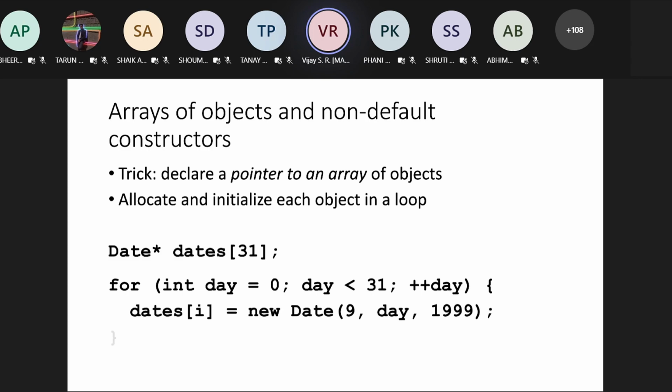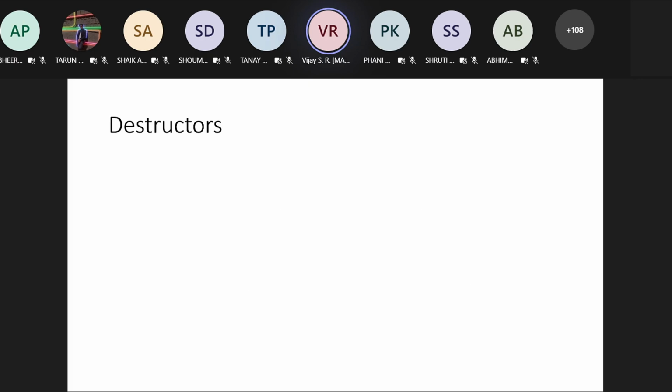This is how we can call new Date, making sure that I have a constructor for every new date. So I have 31 dates, with a corresponding constructor for each. Otherwise, the default constructor would be called. If I don't want to use the default constructor, I can go with this kind of allocation, which gives separate initialization for each date.